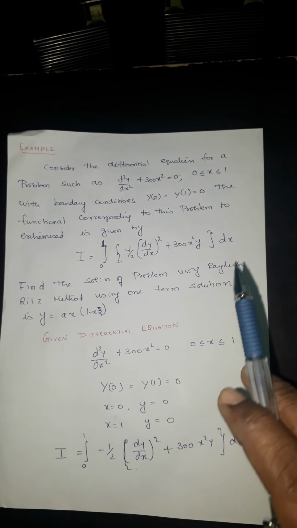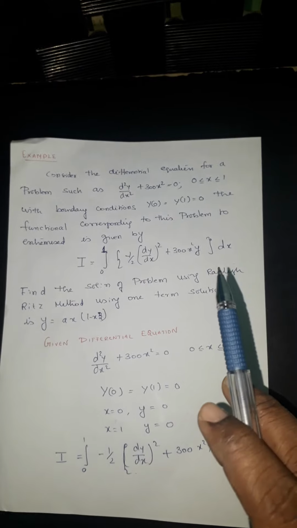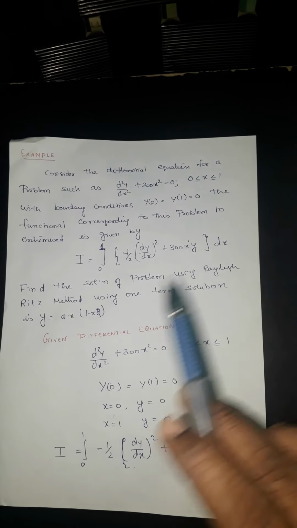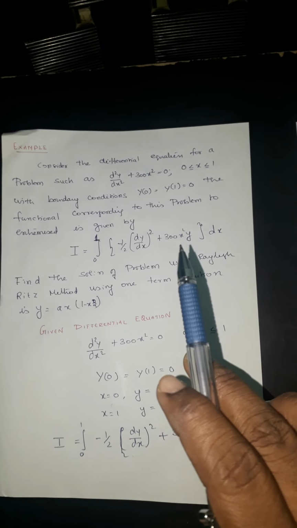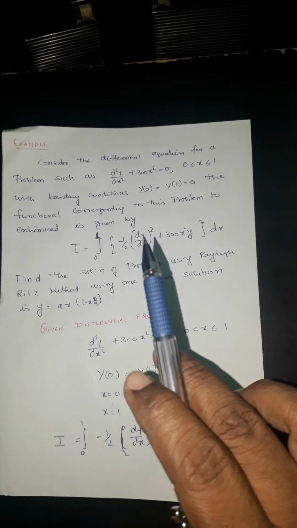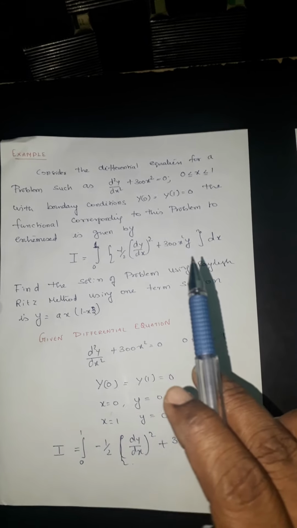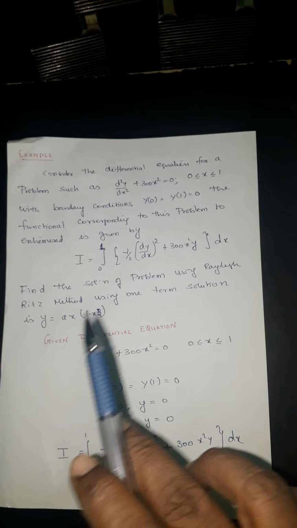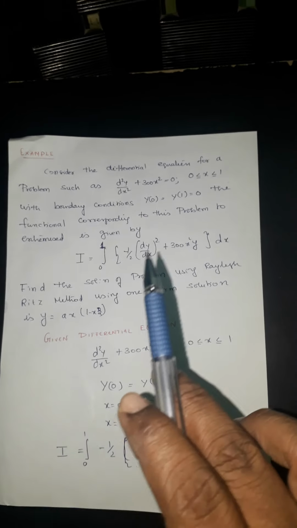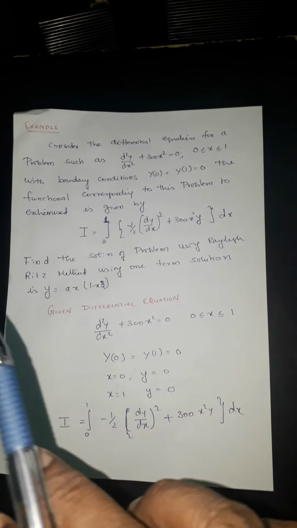Here they have clearly given the Rayleigh method. In the Rayleigh method we would use strain energy, but here the equation is given. So what we have to do is first find dy by dx, take its whole square, and substitute here, along with the y value, which is the trial function, into this equation completely. Then, in the Rayleigh method, you differentiate with respect to the constant. Here there is only one constant, a. So you differentiate with respect to a and equate it to 0. You will get the a value.